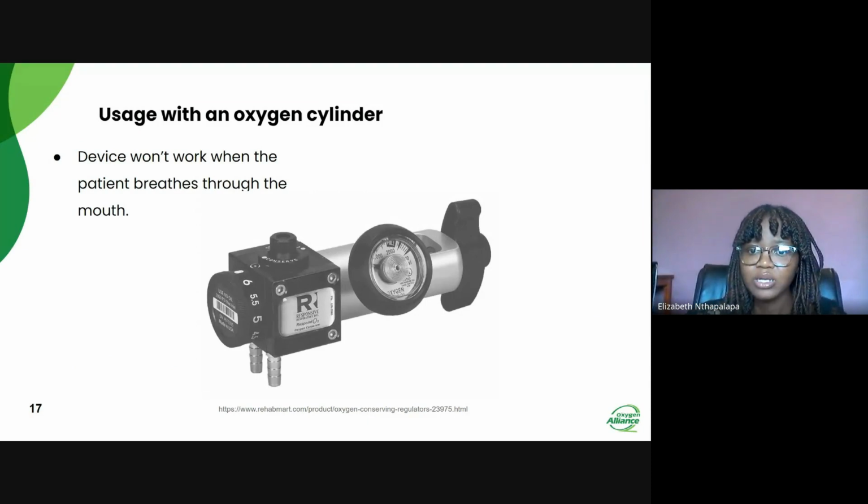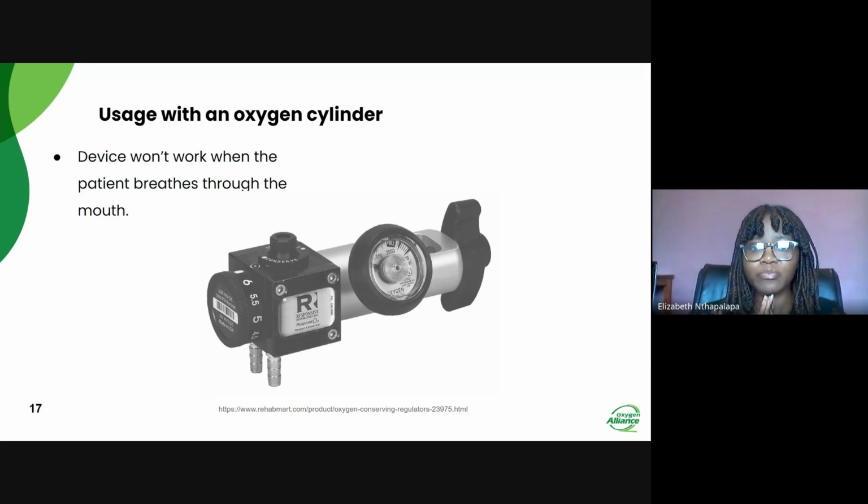This one has the battery system inside, a sensor inside, but now I can just say it is some kind of limiting moment whereby the device will not work when the patient breathes through the mouth. So it is only effective as the patient is breathing through the nose, through the cannula. So in all these situations, we are able to see that these oxygen conservers or regulators are helping in